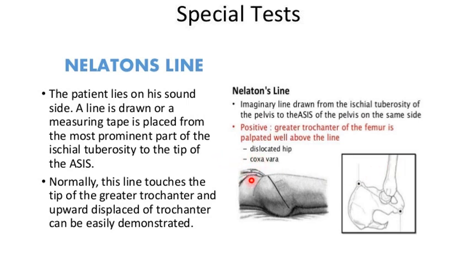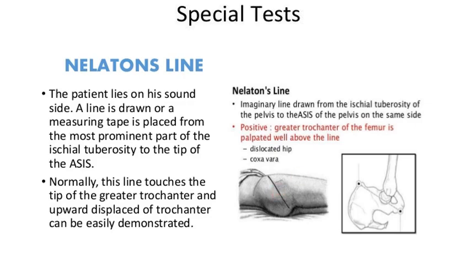So the patient is made to lie on his sound side where the patient doesn't have pain on that side of the hip, and a line is drawn from the ischial tuberosity to the anterior superior iliac spine and palpated for the greater trochanter. If the greater trochanter is palpated above the line, then there is dislocation of the hip